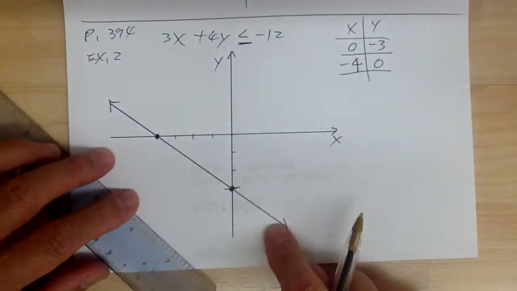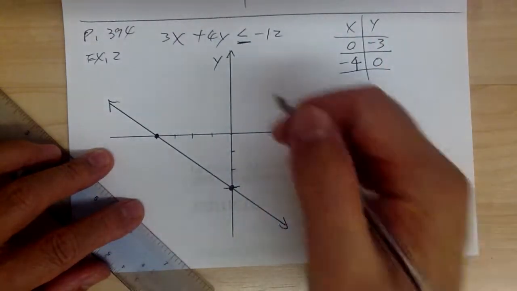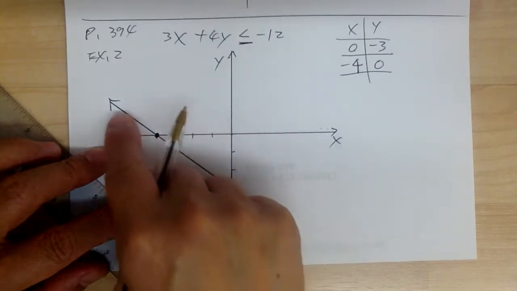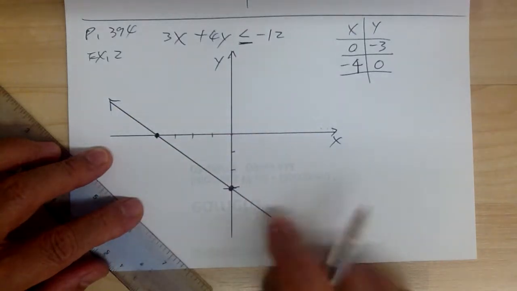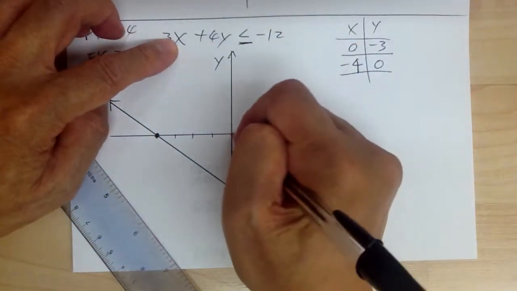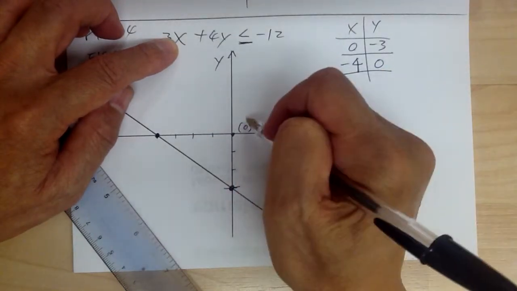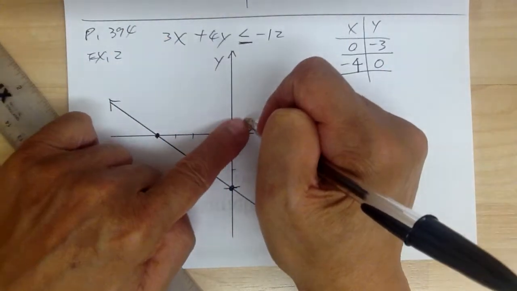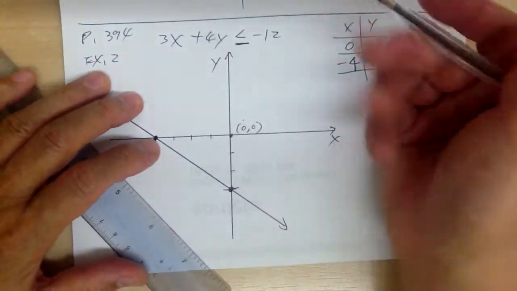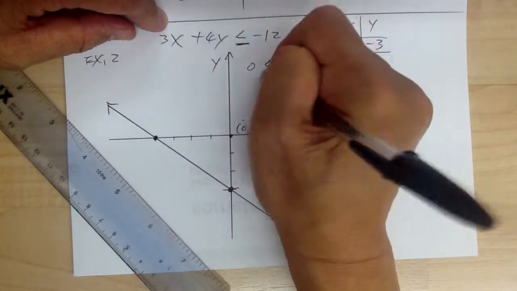So after you draw the line, you have to figure out which half is the answer. Again, you choose any point as your testing point, any point that is not on the line. I'm going to choose 0, 0. So choose this point, that's the easiest point. You can choose any point. The next best choice would be 1, 1. The reason you want to choose 1, 1 is in case you substitute in the wrong place, you will still be okay. So with 0, 0, you're going to get 0 is less than or equal to negative